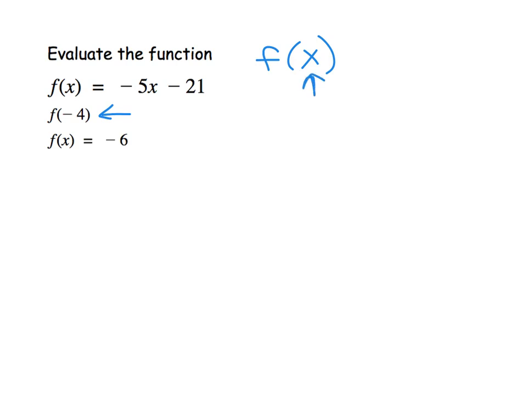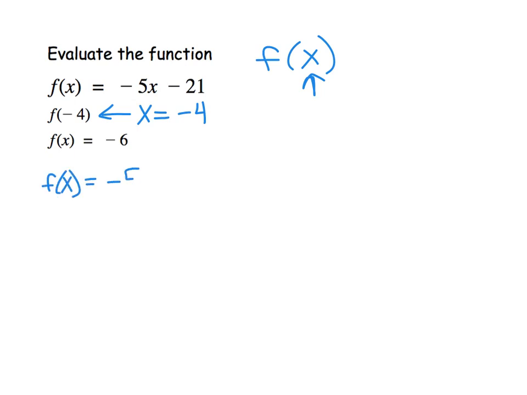So if they put something in the parentheses, they're giving us the x value. All that really means is they want our x to equal negative 4. So we're going to substitute in negative 4 for our x. The biggest thing to do when you're substituting is use parentheses. So we've got f of x equals